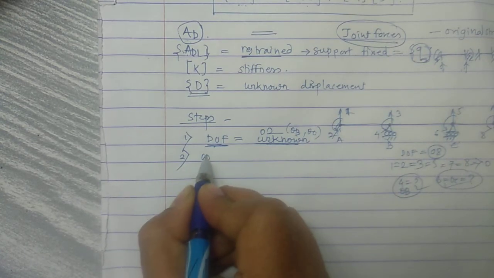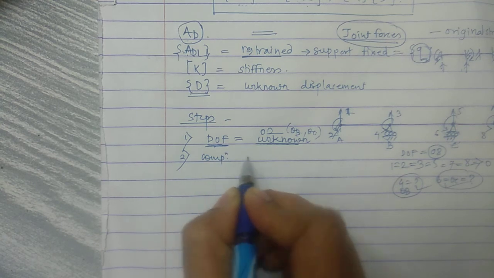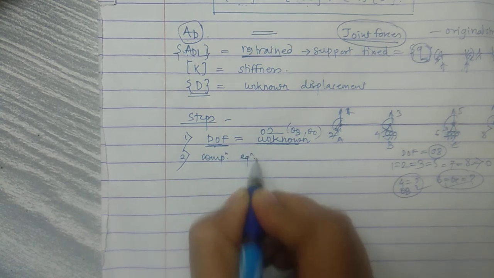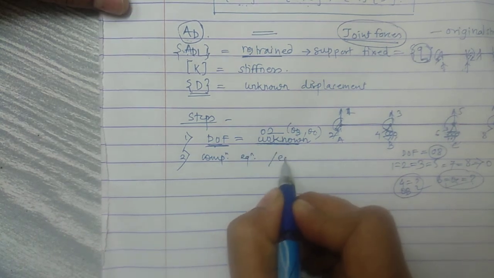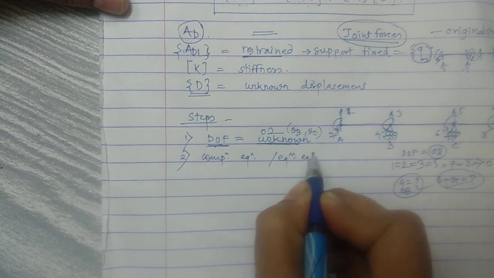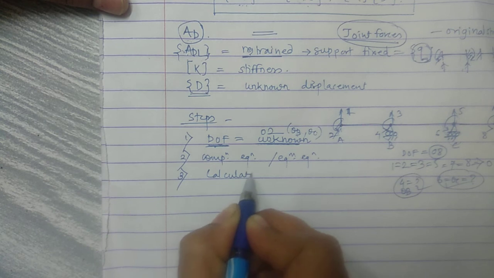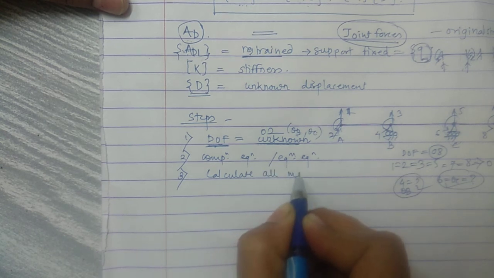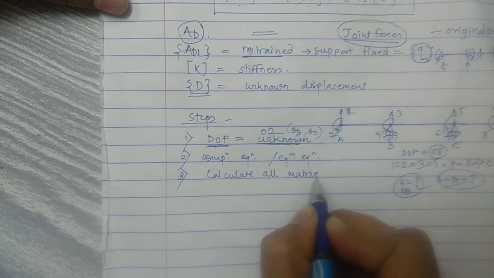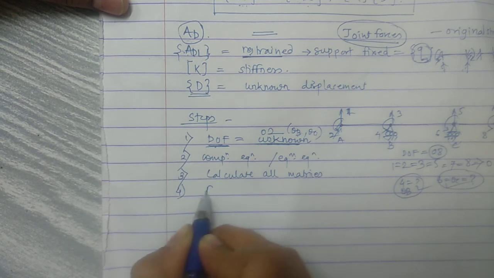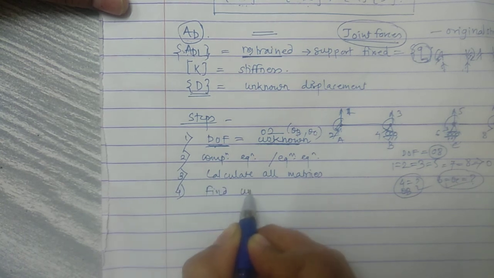Next is the compatibility or equilibrium equation: calculate all matrices and find the unknown